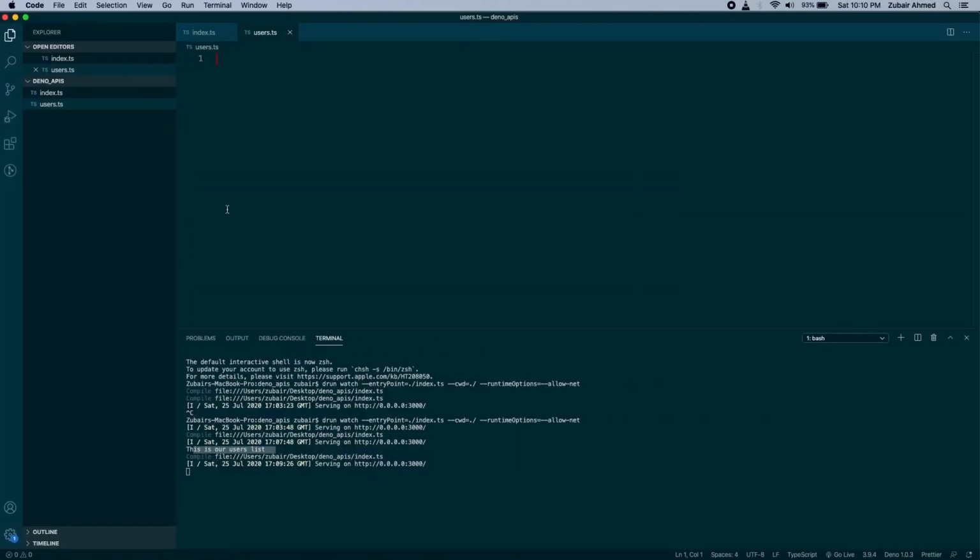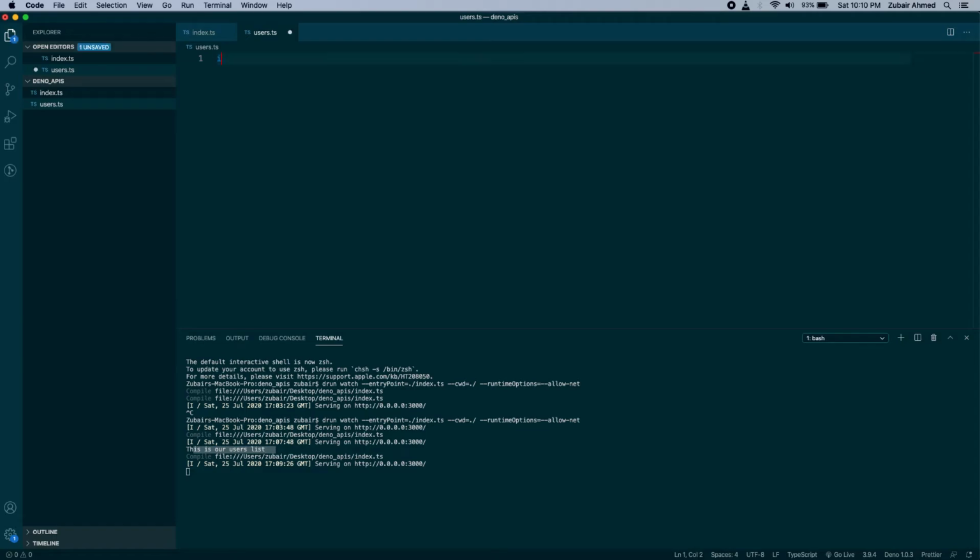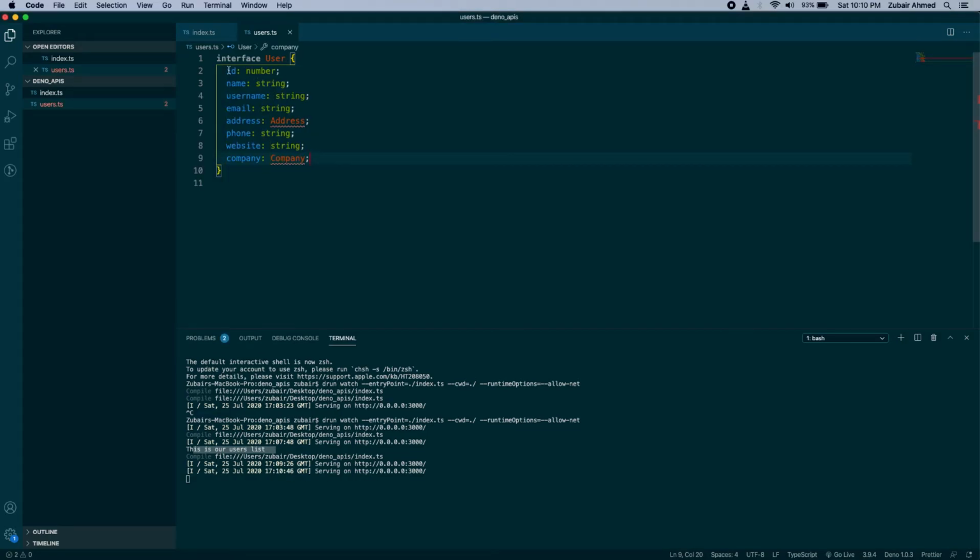First thing we want to do is create an interface called User. Simple, right? I will copy all those to save time. So we have ID, which is type number. As we are using TS, we have to define the data type that each variable belongs to.